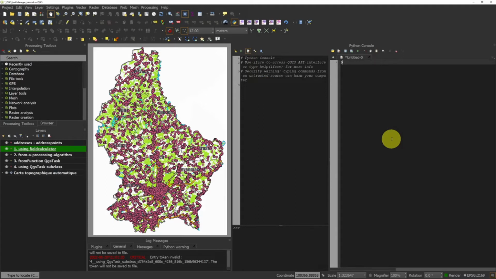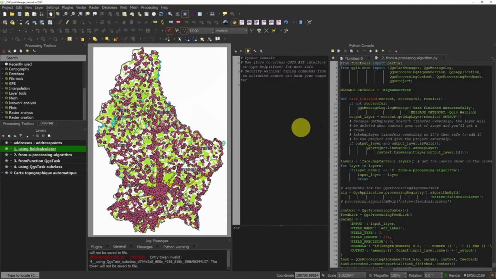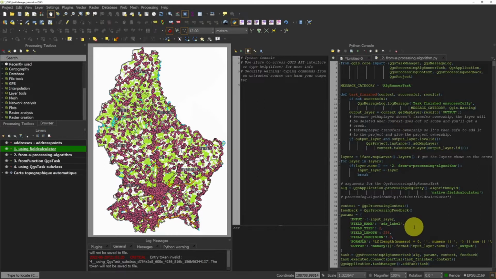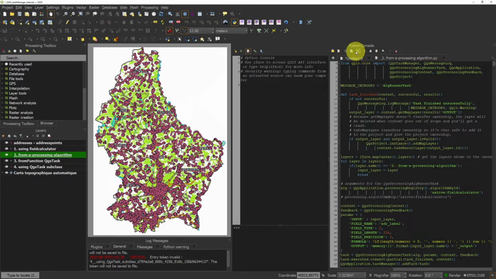So to use the task manager, we need to use the Python console and we will open a script I already wrote here and then run it. This script will take the layer number 2 here, there is the name, and it will do the exact same thing. If I open the attribute table, you will see that the column isn't there yet. Yeah, the column address label isn't there. I close the attribute table, I run the code,